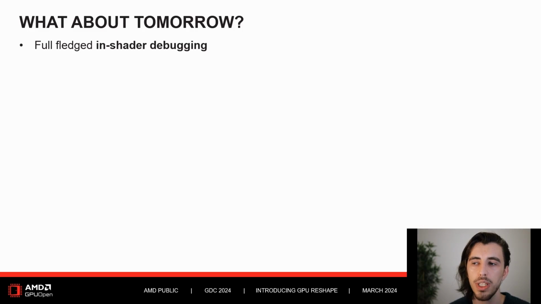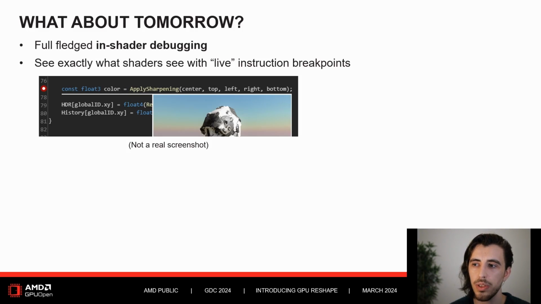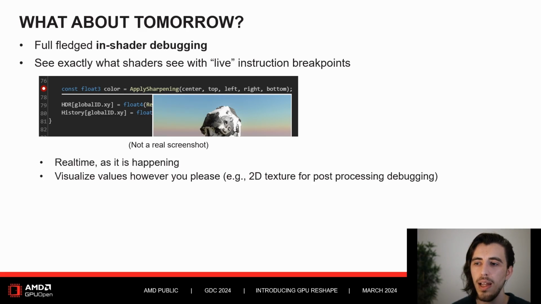I want to provide full-fledged in-shader debugging, but not in the typical sense. These are what I call live breakpoints, where shader execution is not stopped. Imagine, if you will, a post-processing tone mapping pass transforming color spaces, but something's wrong. You suspect one of the transformations is producing invalid data. So you hover over a variable, color in this case, and Reshape will recompile the shader within a few milliseconds and visualize exactly what that variable contains across all threads, in this case a texture. And then you turn the camera in game and the texture changes. It's live. Think of it as a live way of unboxing what the GPU is seeing at that exact moment.